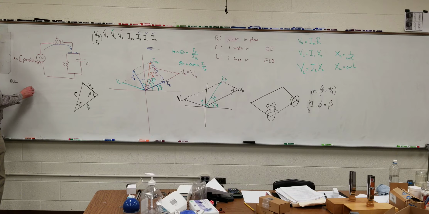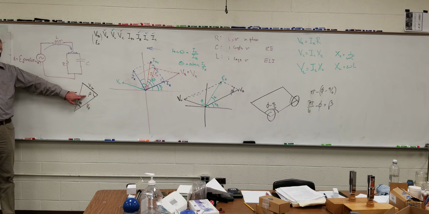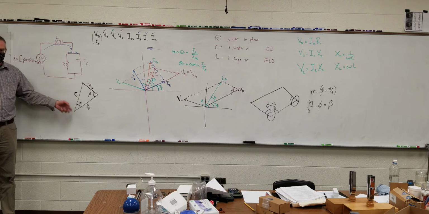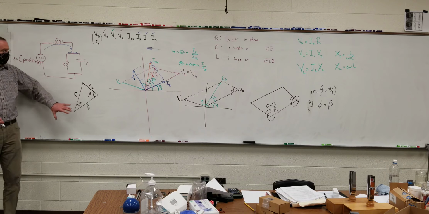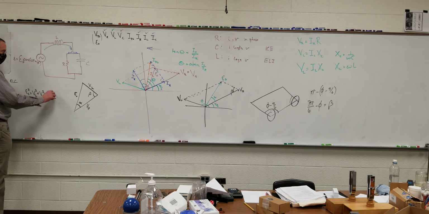So at this point, I'm trying to find this angle right here. I have some idea of the proportions of these sides, and so law of cosines kicks in. Epsilon sub naught squared is equal to VL squared plus VR squared minus 2 VL VR cosine of